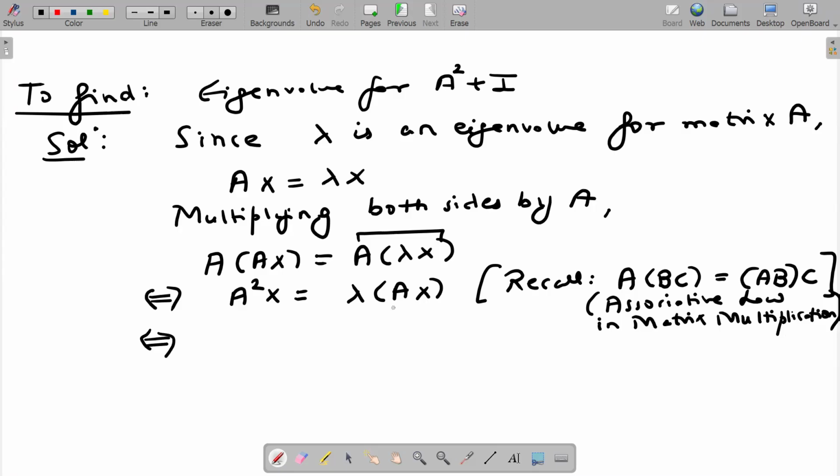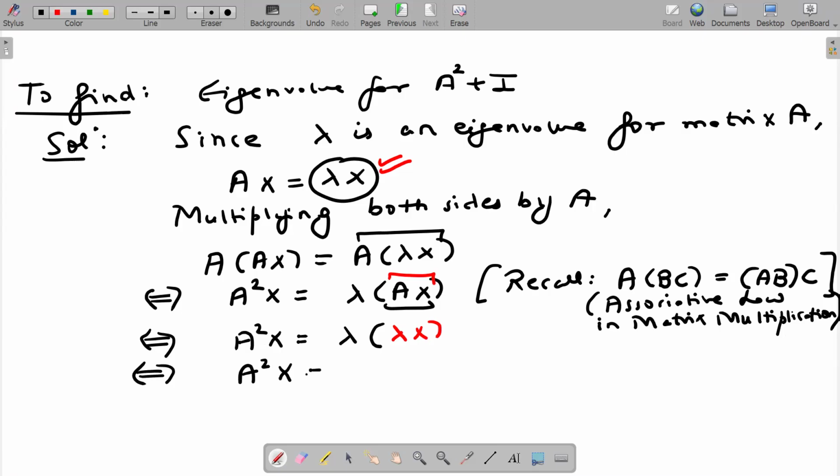And now what is AX? AX itself is lambda X. So I can write A square X is equal to lambda times, I can make a substitution. Instead of AX, I can write lambda X from here. So this becomes A square X is equal to lambda square X, which I can write as A square X